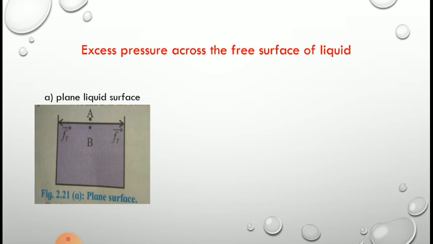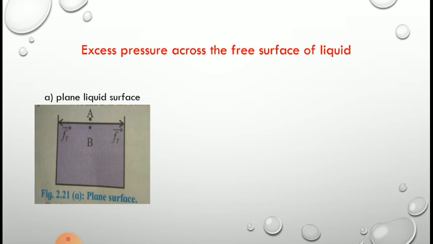then in this case the resultant force due to surface tension, which is represented by a vector Ft on the molecule at B, is 0. Because for this plane surface, both forces are equal and opposite in direction, and therefore the force Fa itself decides the pressure, and the pressure at A and B is the same in this case.